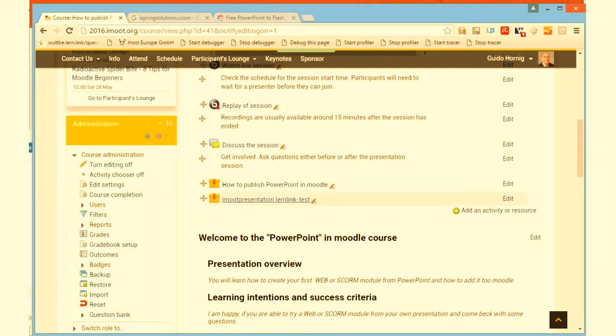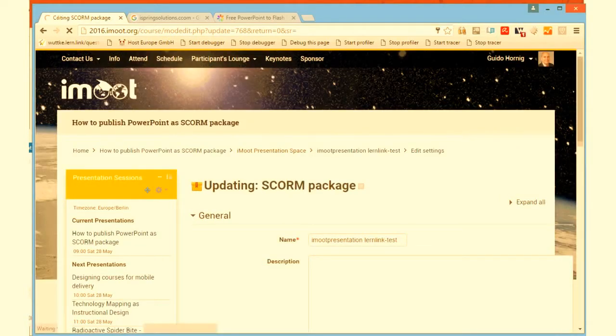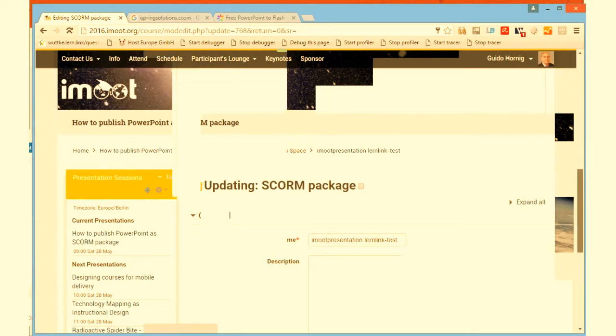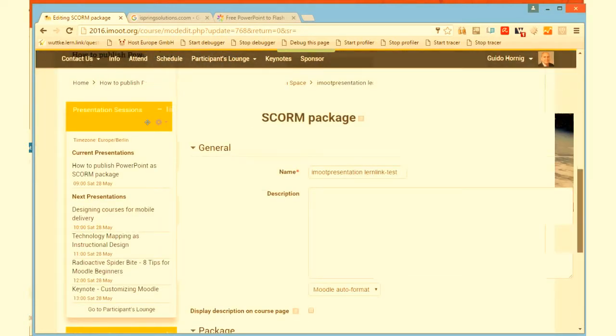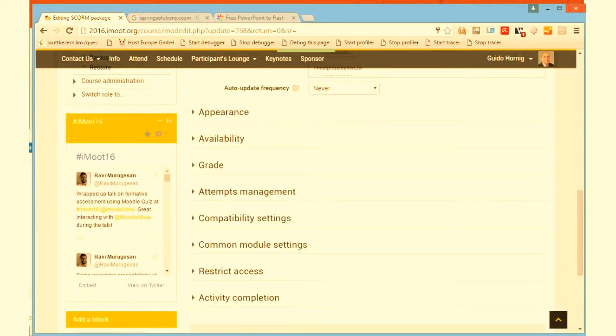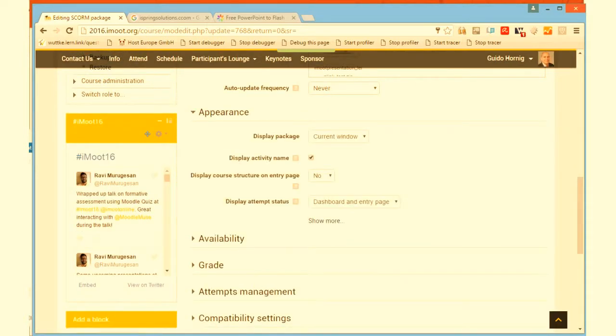Teresa thinks it looks fantastic. Yes, but now because the SCORM standard parameters are not optimized on the iMoot platform, I understand this. You need to check the appearance. So now I'm in the SCORM module and check the appearance of the SCORM module, and